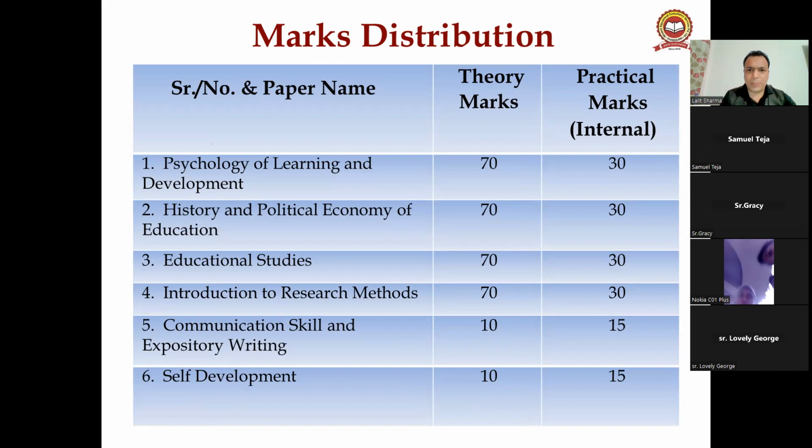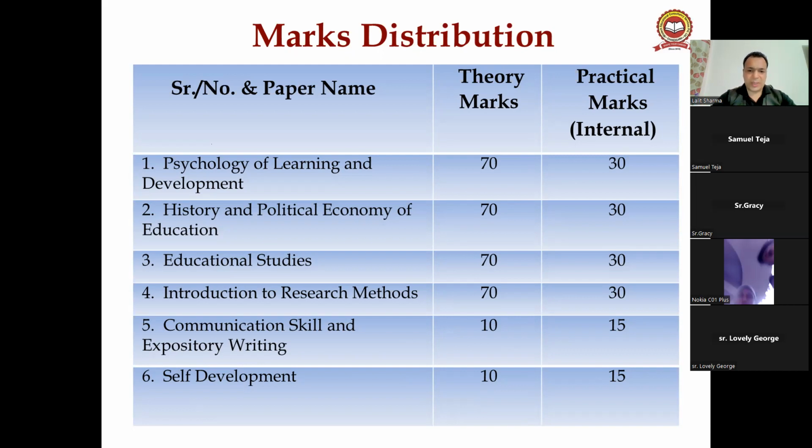Okay, we will guide you from time to time, no worries, right? You can see that the 100 marks are split into 70 theory marks and 30 practical marks. Okay, so all the 4 papers you can see: psychology, history and political economy of education, educational studies,